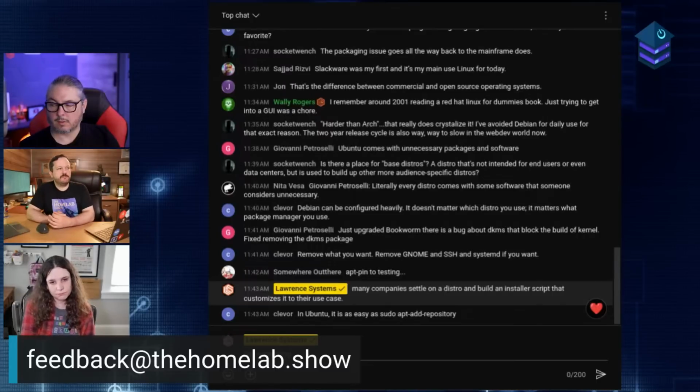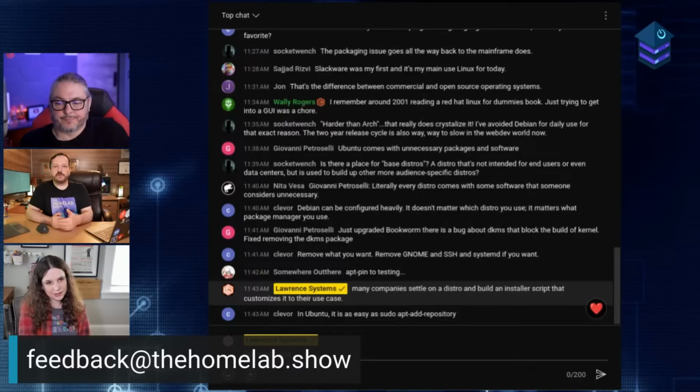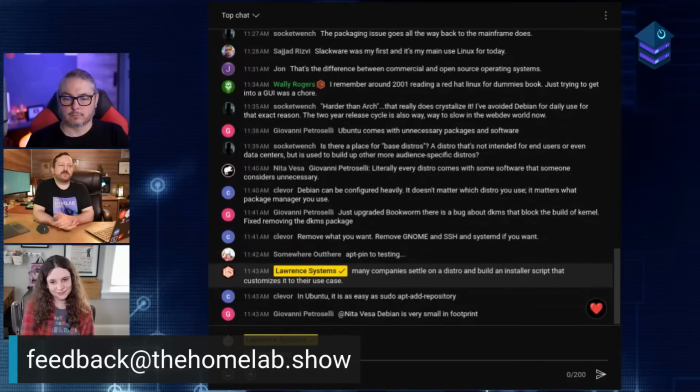I feel like surprisingly, RHEL has potentially the best solution to this. And I can't remember what they call it, but you could literally choose the version of PHP that the repositories will give you. So you can move it to a specific version right in the repository config. They have a whole feature for this. And I don't use RHEL every day, so I can't remember what it's called. But I feel like if Debian just maybe in the next release did that, then that would probably solve it, because you could just say, I want PHP, whatever the version is.